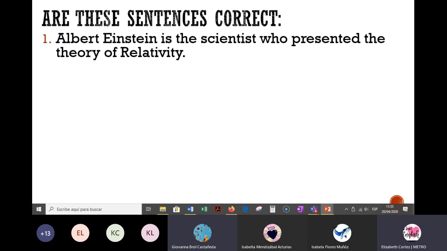Of a person. For people. How do you know? Because it's talking about Albert Einstein and he's a person. Okay, but we can say because it has the relative pronoun who. But very good. It's talking about a person, so it has to be of people. But remember, we can also have a possession. So pay attention to the relative pronoun to know which type of DRC we are talking about. If it has who, it's a DRC for people.